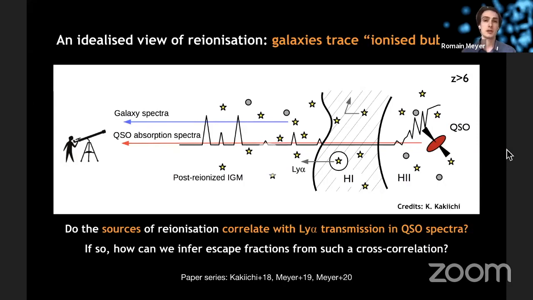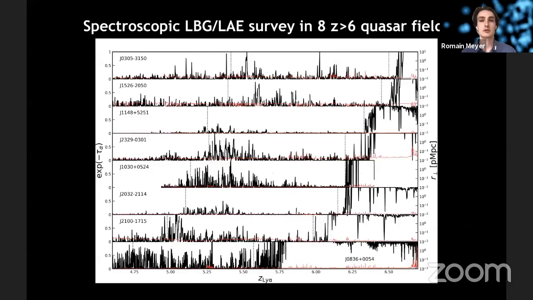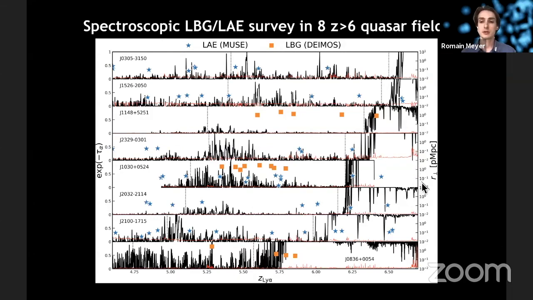And so we've written a paper series, and I want to go over the latest result from the third paper. So to do this, we take quasars. So here you have the Lyman-alpha forest of eight quasars at redshift about 6, so 5.8 to 6.5. And we've been doing a Lyman-alpha emitter survey with MUSE or DEIMOS. MUSE is in blue, DEIMOS is in orange, and you can see all the galaxies that we detect. So we detect the Lyman-alpha emission in the field of that quasar, and the distance from the x-axis is just